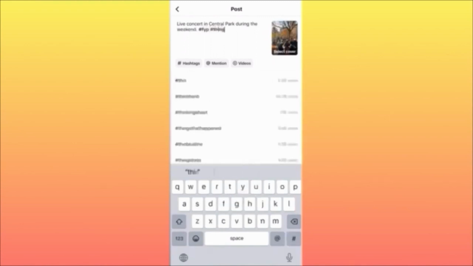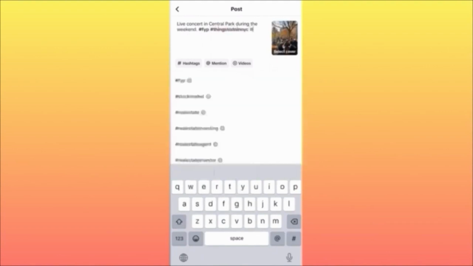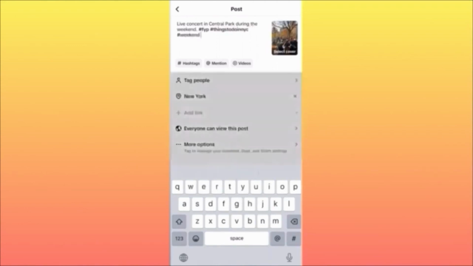Followed by, of course, things to do in New York City, which is a more niche hashtag. And the last one, of course, is going to be weekend, because this is again niching down the topic of the video and the content in the video itself. Basically, that's it. Last but not least, you want to make sure that the cover of your video is arranged